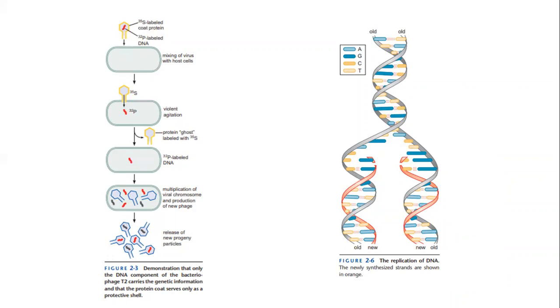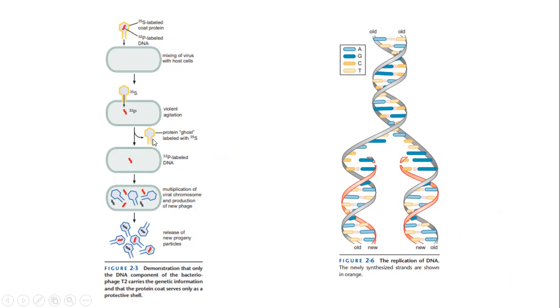They were mixed with differentially labeled T2 phage in a culture of host, and they were allowed to infect that particular host. After that, they carried out violent agitation. What happens is that the protein coat that stayed outside the body of the host gets separated, and the P32 label, and we know that the